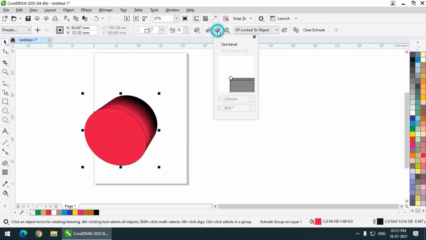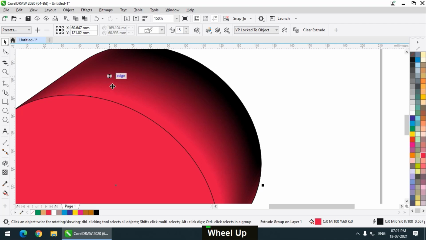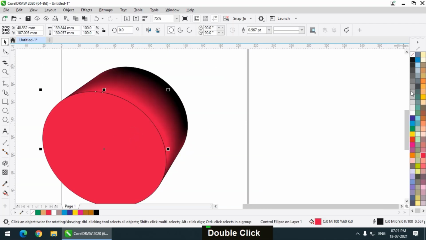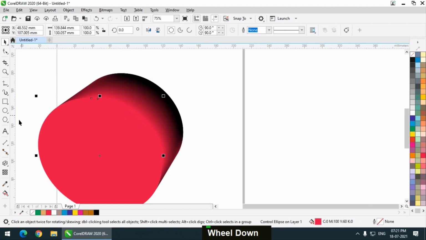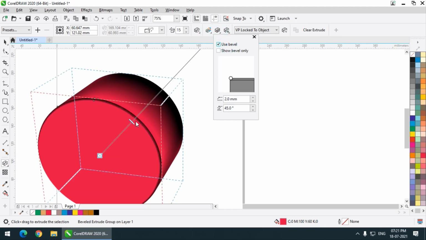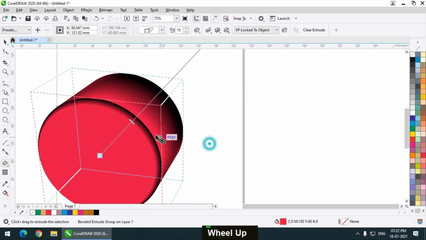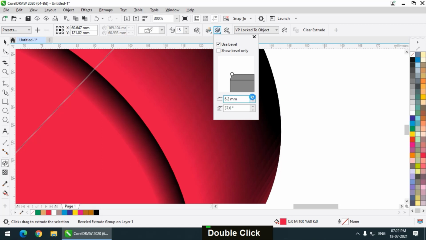Then we have some other options, like the bevel. This is now a normal shape, but what I'll do is remove the outline by right clicking over here, so the outline is not visible. If you want the bevel option, you can simply turn on use bevel. This is the bevel option, and I can simply increase the bevel value like this. As you can see, there is the bevel, and the bevel angle, which is how much angle you want in the bevel. I will zoom in a little bit so that you understand it properly. So this is basically the bevel angle.